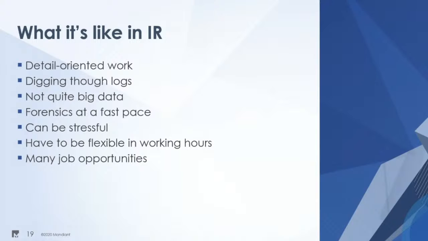If you are responding to a breach and there's an attacker in the network, you don't have a lot of time to get the answers and get them out of there. Because of that, this can be a stressful job. If you can't deal with stress in a positive manner, it might not be for you. Now, people can go through this stuff without stressing out and burning out, but it is something that's pretty common with everyone I've met who does this type of work.